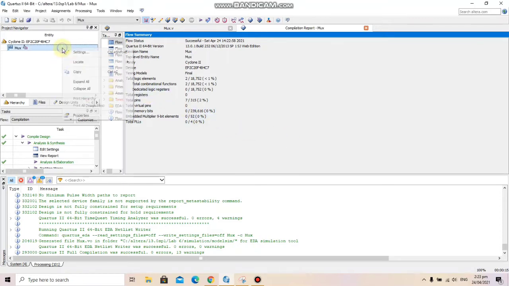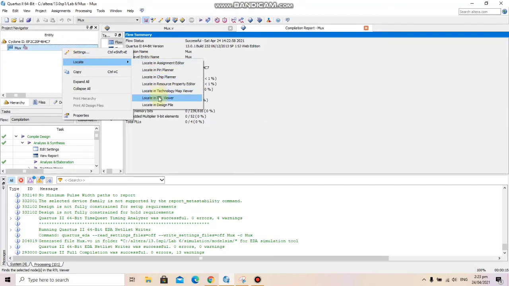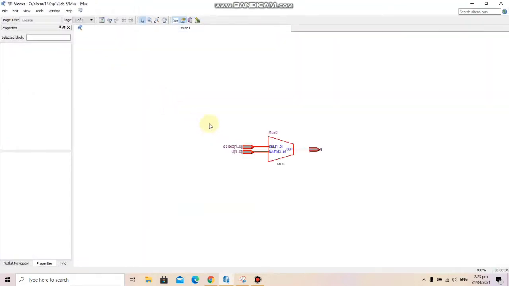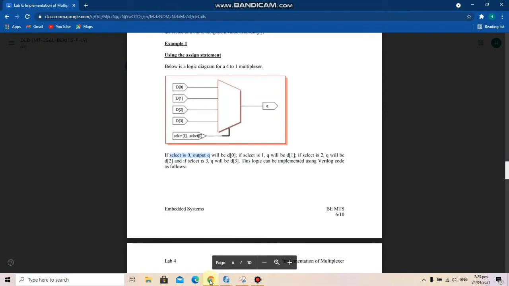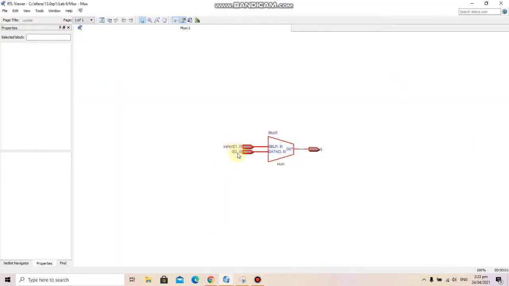So now let's look at it in the RTL viewer. We can see the logic diagram has been successfully created, which is similar to this one: 4 D inputs and 2 select inputs and 1 Q output, all going into a mux.